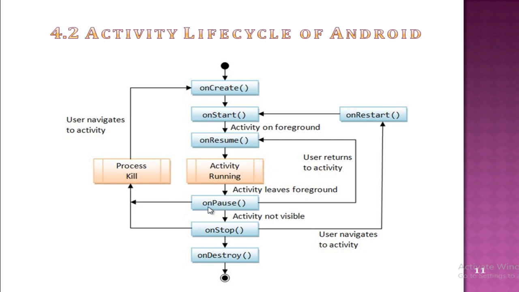Then next, the onPause method. That is called when another activity comes into the foreground, and it is always called before the activity is no longer visible. It is used to release resources or save the application state. For example, you unregister the listeners and intent receivers, unbind from the services, or remove the system services listener.